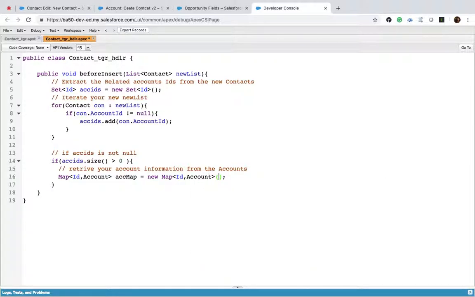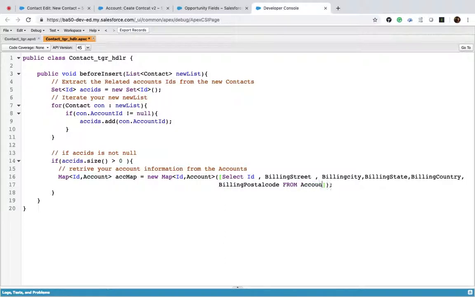Inside these brackets, we need to write square brackets, SELECT Id, BillingStreet, BillingCity, BillingState, BillingCountry, BillingPostalCode FROM Account WHERE